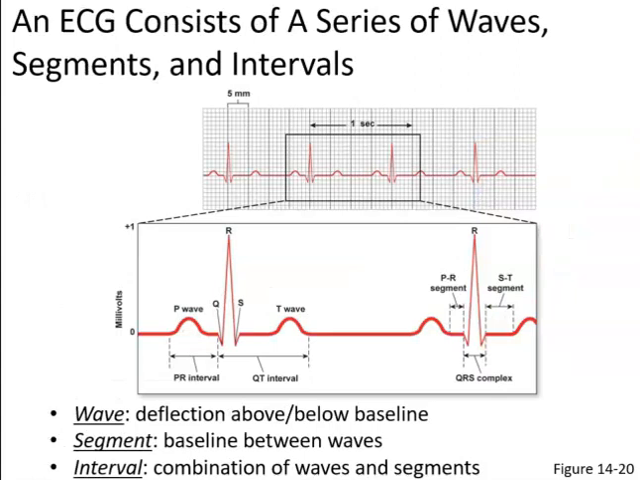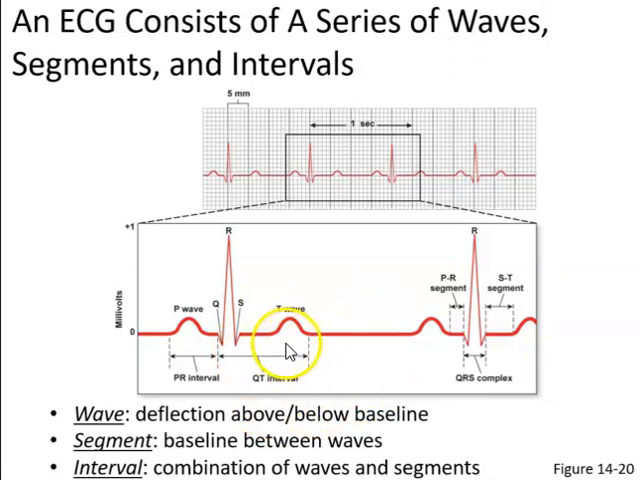So an ECG or EKG consists of a series of waves, segments, and intervals. A wave is a deflection above or below a baseline. So we have different waves. We have the P wave, we have the T wave. Segments are the baseline between waves. So segments, for example, we have the ST segment right here. This segment at the baseline. And an interval is a combination of waves and segments. We talked about, for example, the QT interval,